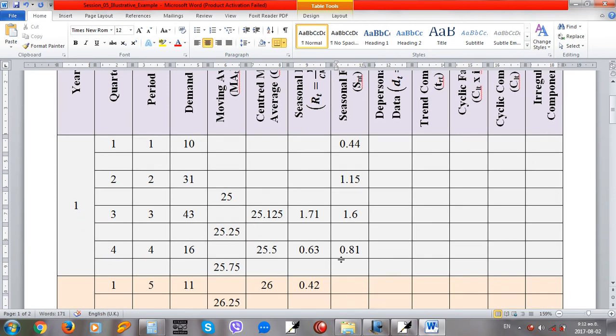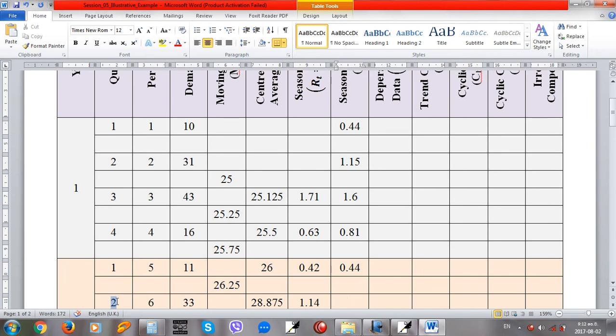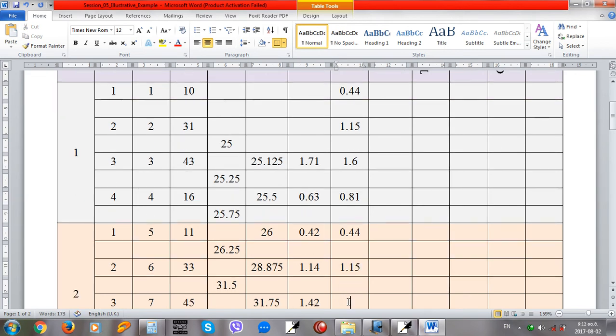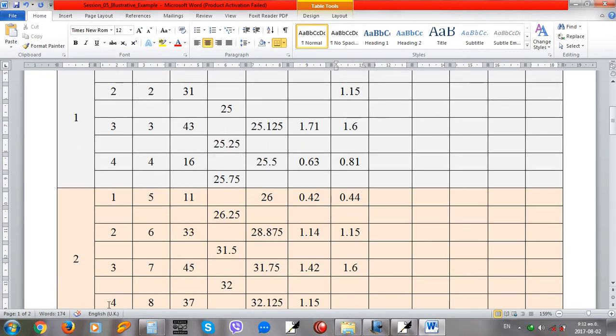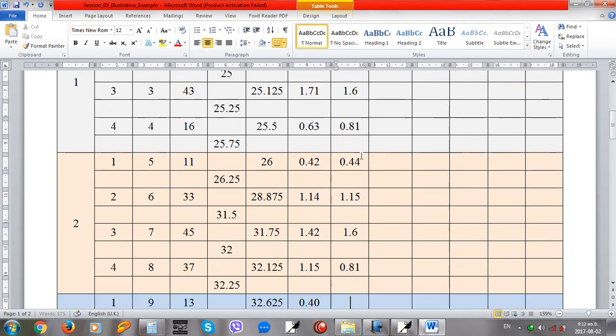Now what happened in here? Next, here again quarter 1 value. Quarter 1 value means this value 0.44. Next value is again quarter 2 value, that is 1.15. It means this is repeatedly coming. Then this quarter 3 value, that is 1.6, then quarter 4 value, that is 0.81. Likewise you can add,